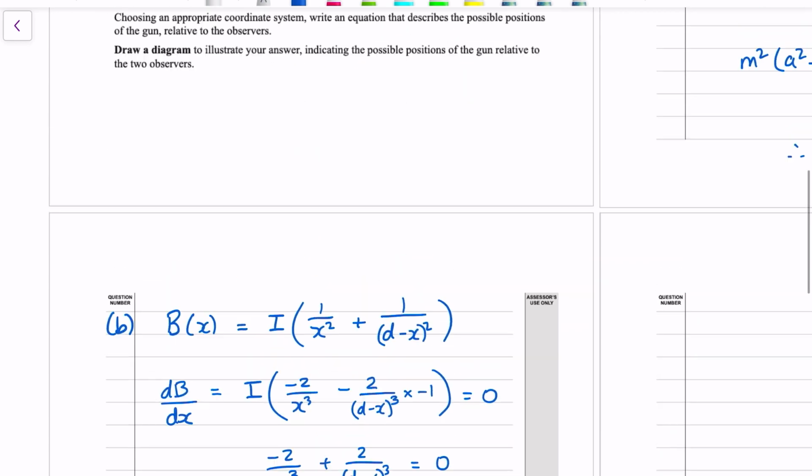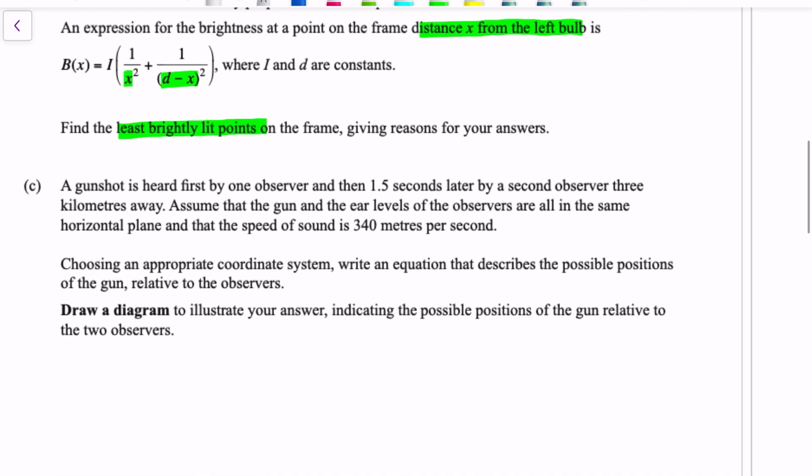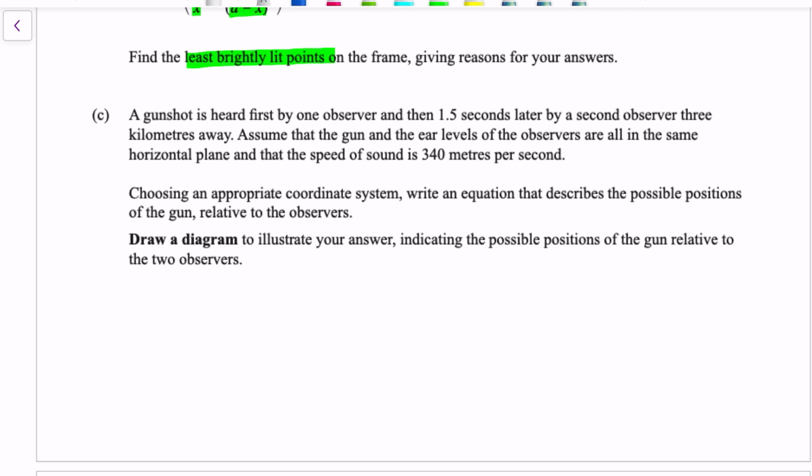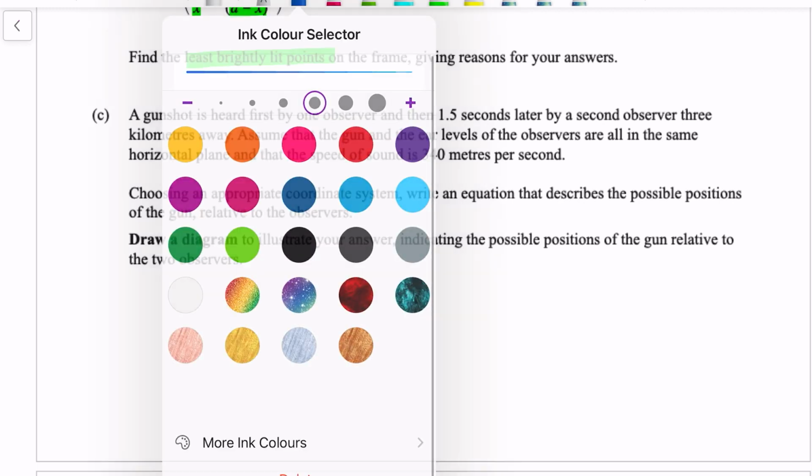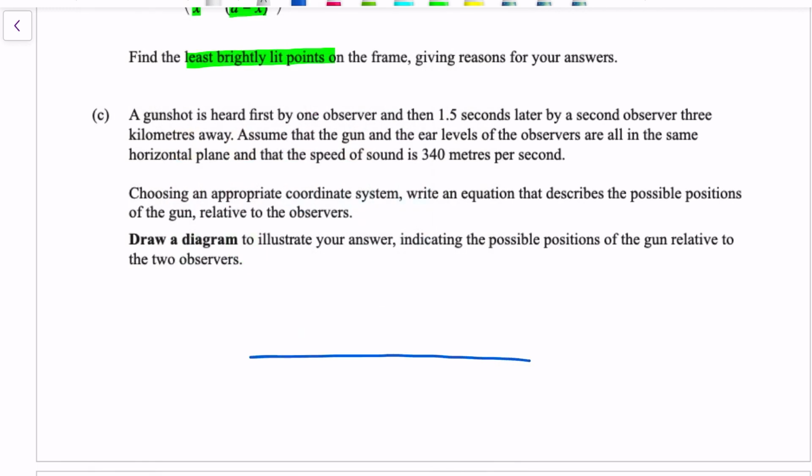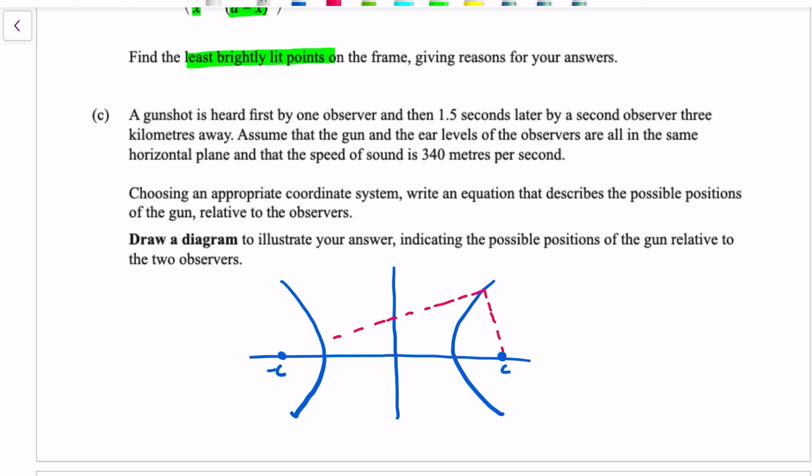Now, this last question about this gunshot, I said we'd cover this when we got to it. Just like in the last problem where I talked about the properties of an ellipse and the sum of the distances being a constant, for a hyperbola, I know this question says nothing about a hyperbola, but for a hyperbola which looks like this, it can look the other way as well, but if we take the focal points, and we again call it C and minus C, any point on the hyperbola, if I take the difference between the distances to the two focal points, if I go D1 and D2, the difference D1 minus D2 is a constant,